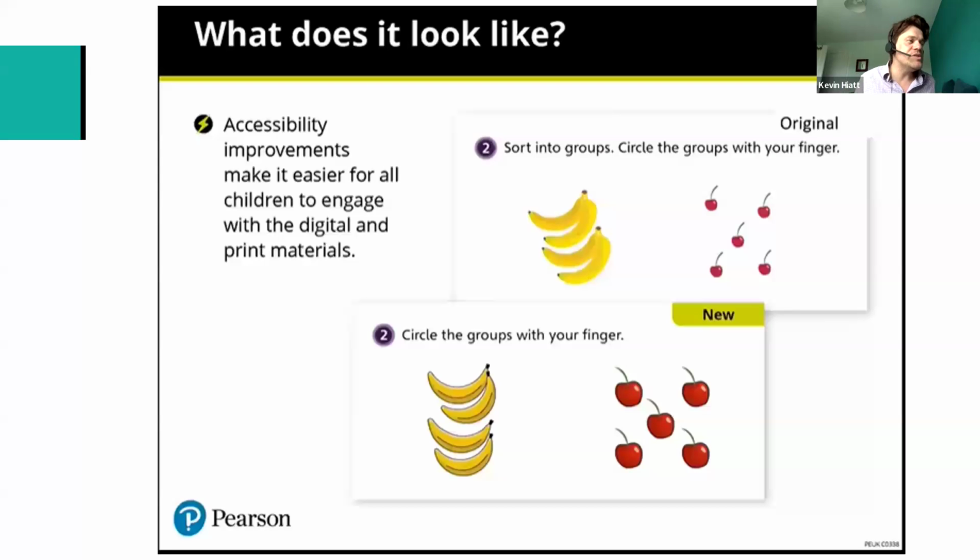And then we spoke about usability and accessibility. So there's lots of tweaks to the pages, to the cognitive load, but there's some really simple things around accessibility, making it easier for children to engage as well. And this has happened digitally and in print. So for example, here with the fruit, it seems like a really simple idea, but actually for really young children, just being able to really clearly identify what that thing is and distinguish between the different items makes a huge difference, especially when you're at the very beginning of your learning journey, just being able to separate out those items and really focus on what they are.